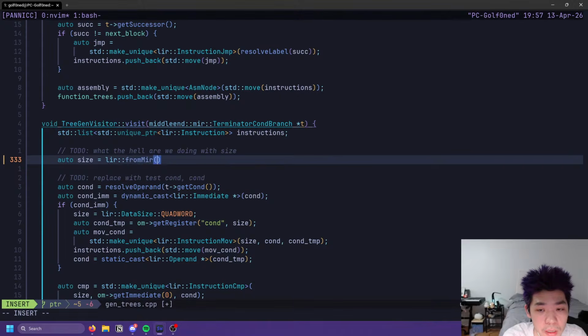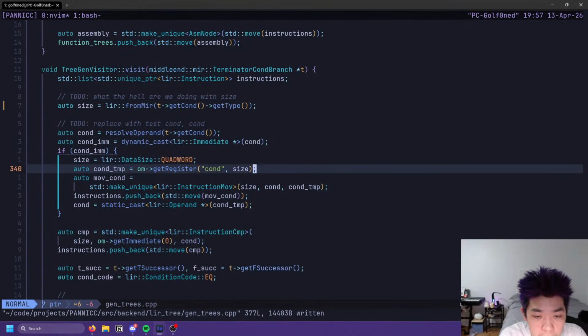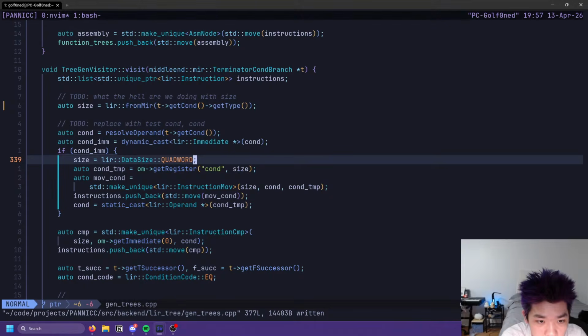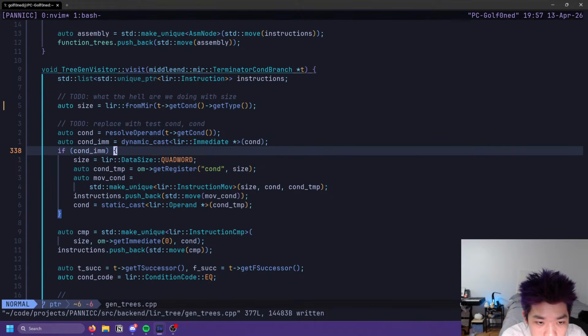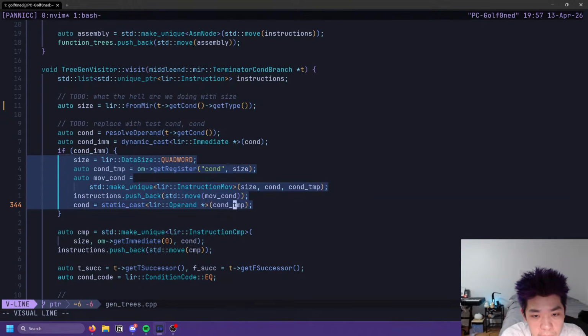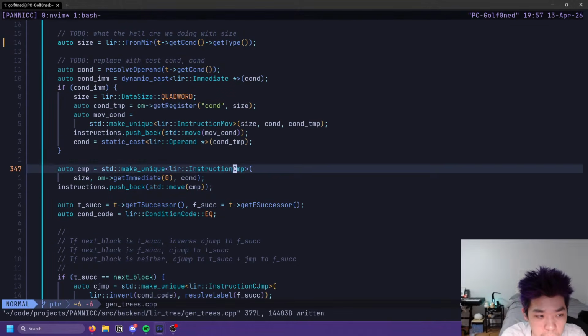From MIR, let's get T, get cond, and then we want get type like that. Oh wait, that's completely different. Wait, what? Oh, I see. Yeah, okay. If it's an immediate, we're going to need to stick it in something anyways.